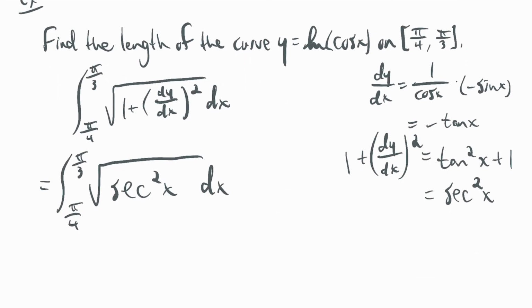So since we're in quadrant 1 with our interval, pi over 4 to pi over 3, everything is positive. All the trig functions are positive. So when you have the square root of a square, you have to be careful. Do I have a plus? Do I have a minus? Which quadrant am I in? But in quadrant 1, everything's positive. So this is just the integral from pi over 4 to pi over 3 of secant x,